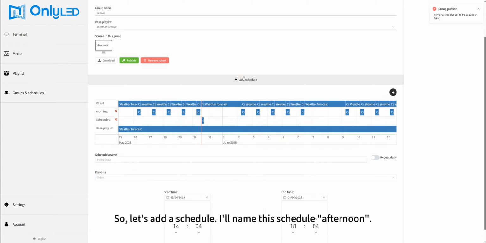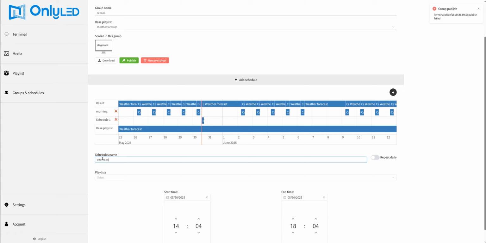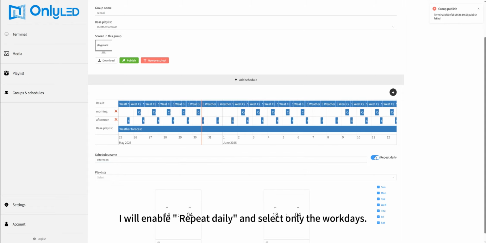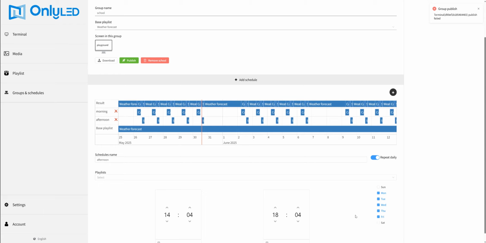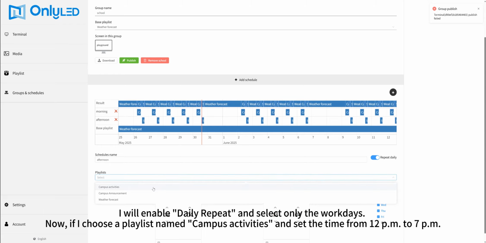So let's add a schedule. I'll name this schedule afternoon. I will enable daily repeat and select only the workdays. Now, if I choose a playlist named Campus Activities and set the time from 12 p.m. to 7 p.m.,